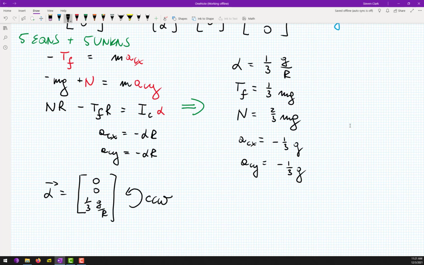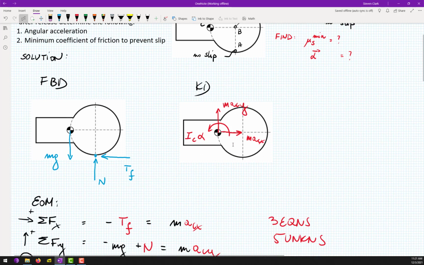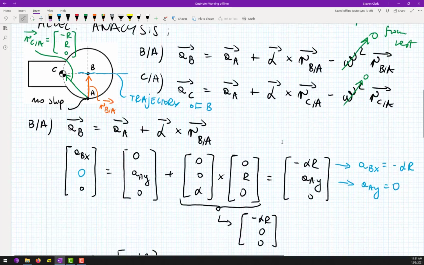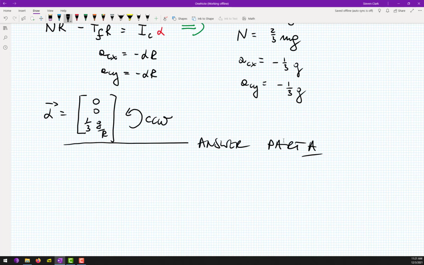Which makes sense, because if I scroll up the board, you can see that our system will indeed rotate counterclockwise. Because this is our mg, located here, and this is our support point, yes? So our system will rotate counterclockwise. So everything looks legit. Okay, so we're done with part A. Answer part A. And now in part B,